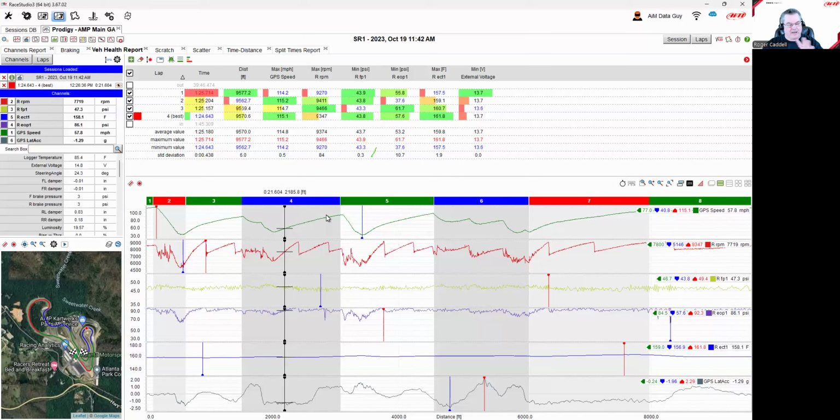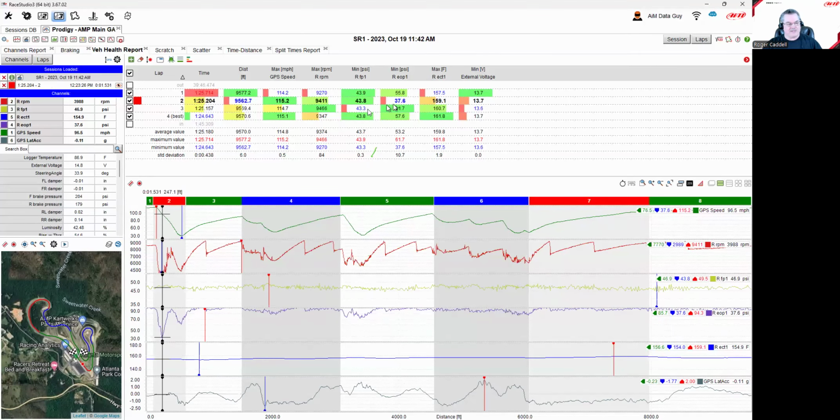Here's a cool shortcut a lot of people don't know about if they use Race Studio. I can come up and just double click on any of these min or max values that are in this table, and it's going to take the data directly to that. It's going to close lap 4, open lap 2, and put the cursor exactly where it was at 37.6. So let's do it. If I come up here, hover over that and double click, you'll see that it just changed to lap 2 over here